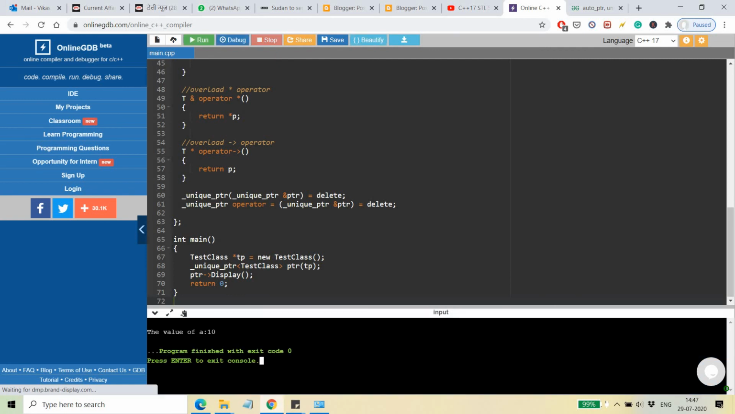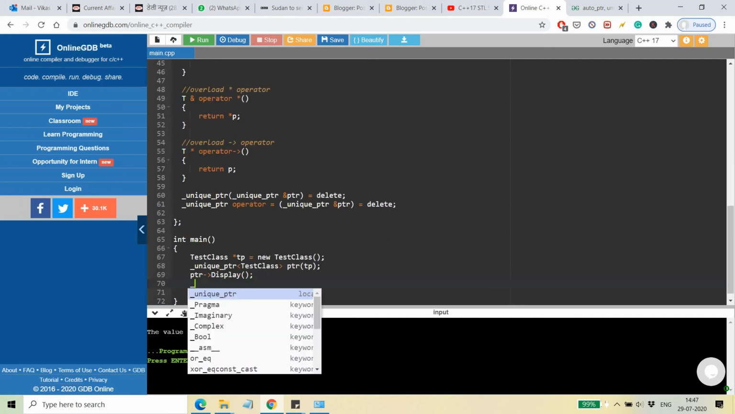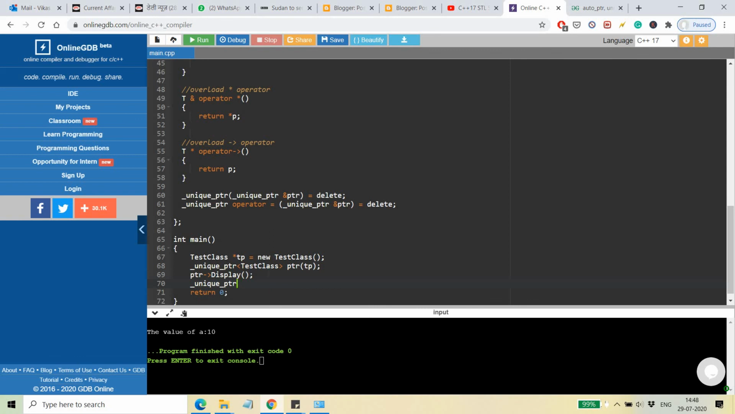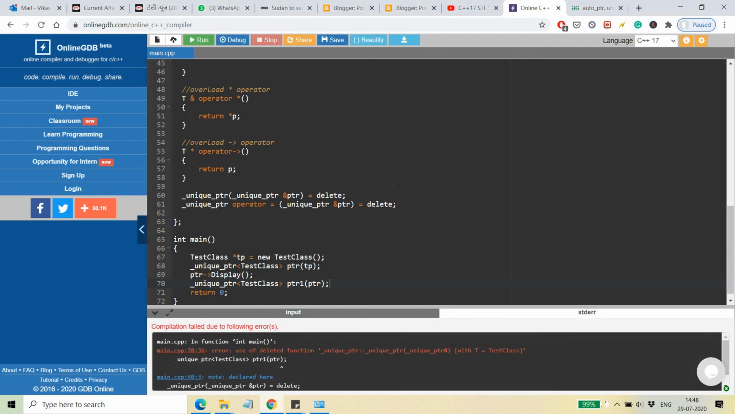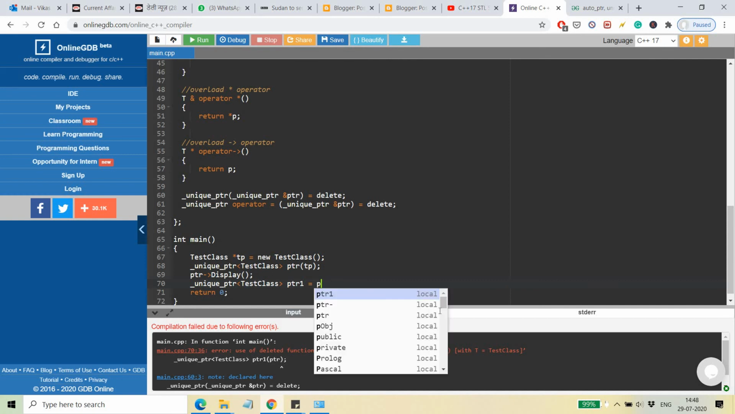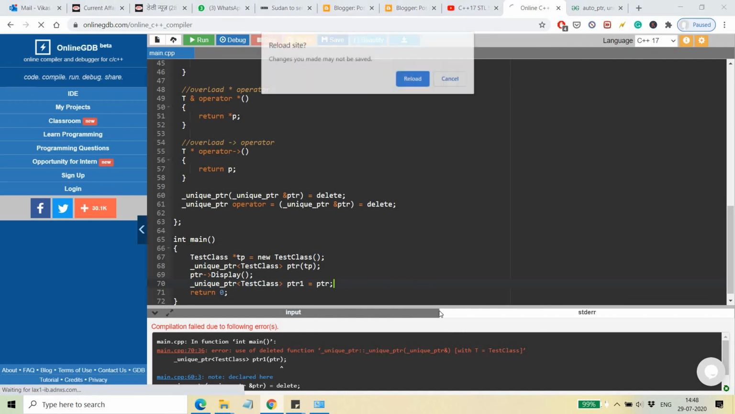Okay, the value of A is 10, so our new unique PTR class is working fine. Now let's see the other thing which I saw with the library-provided unique PTR, which is the copy constructor use. So PTR1, and if you give PTR, then you should be able to see a message just like we saw when using the unique PTR provided by the library. Here you can see use of deleted function, right? It is saying that you cannot do this because we have deleted this. If I do ptr1 is equal to ptr, then also we can see, sorry,